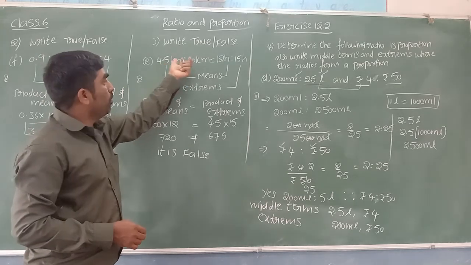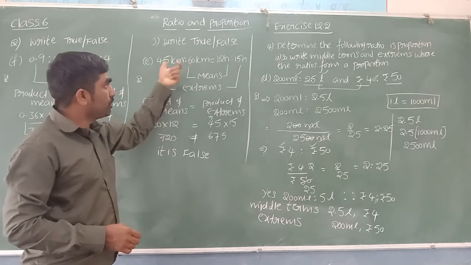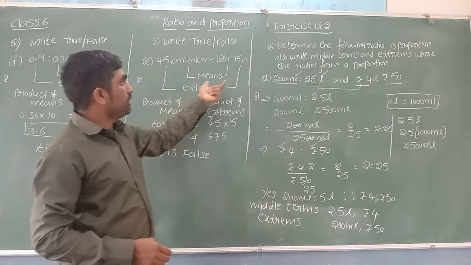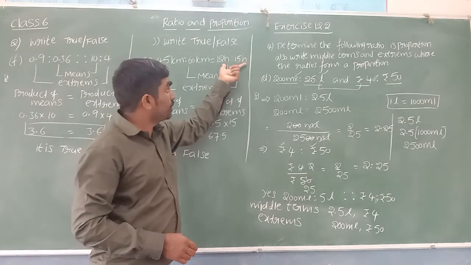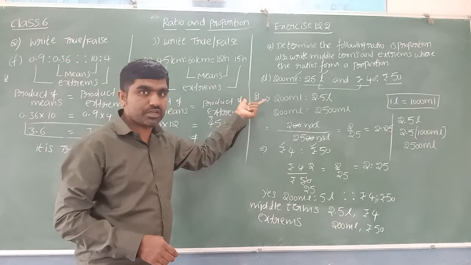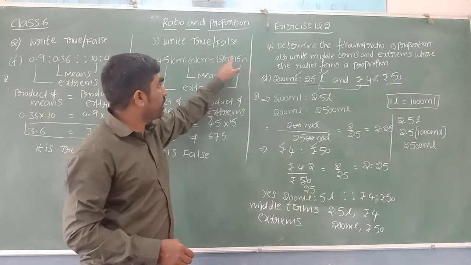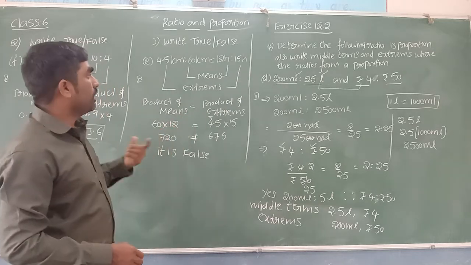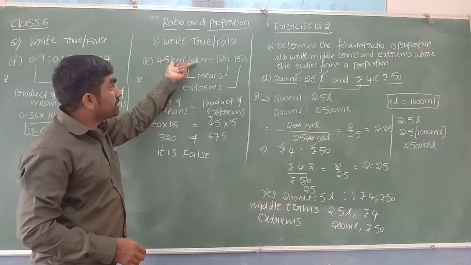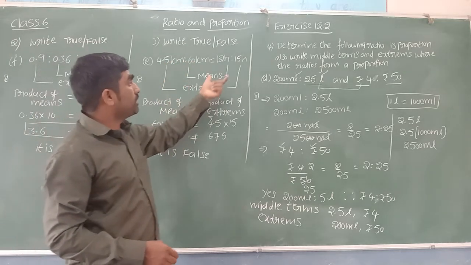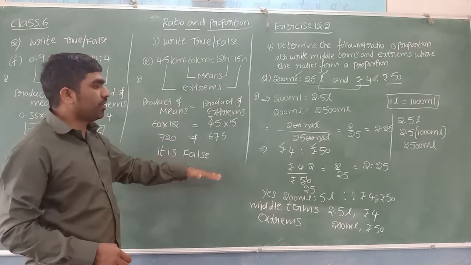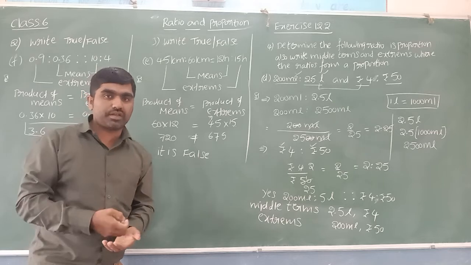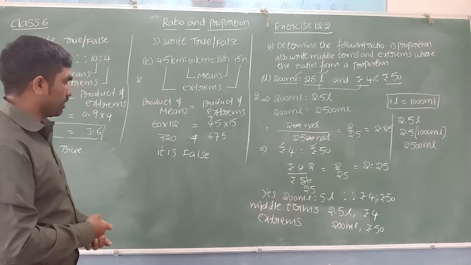If in case both are different units, you convert them to the same units. Do the same thing even for the third and fourth quantities also. The third and fourth quantities must contain the same units. In case they are different units, you make them the same. I mean, make the first and second quantities the same units and make the third and fourth quantities the same units. Then you can apply this formula to know whether the given four quantities are proportional or not.